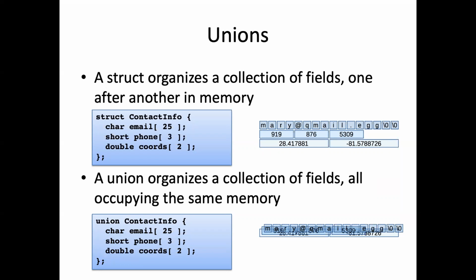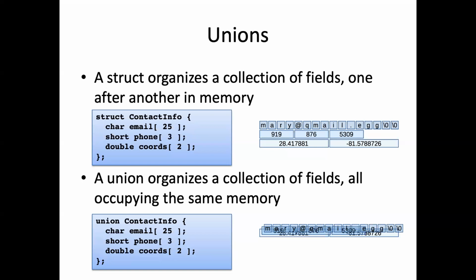And that's why at the top of this slide, I'm saying, well, let's start from the idea of a struct. Here I'm pretending the example is storing contact information. So if you needed to be able to reach or find someone, maybe you could store an email address for that person, or a phone number, or, it's a silly example, but maybe GPS coordinates for where that person lives. Those would all be fine ways to keep up with a person, but you don't necessarily need them all at once. What if you needed to be able to store an email address or a phone number